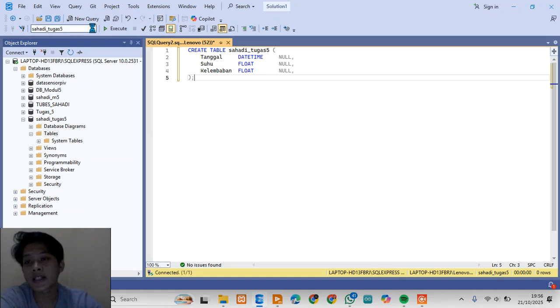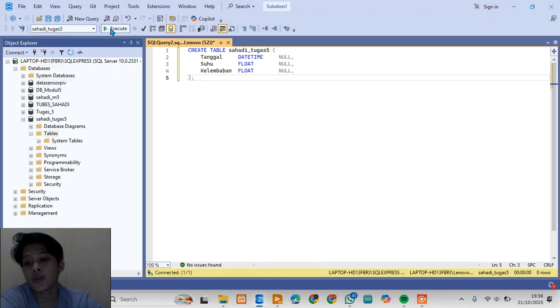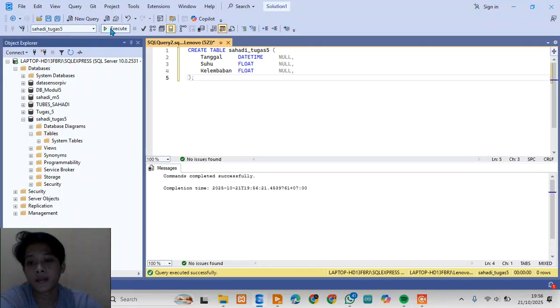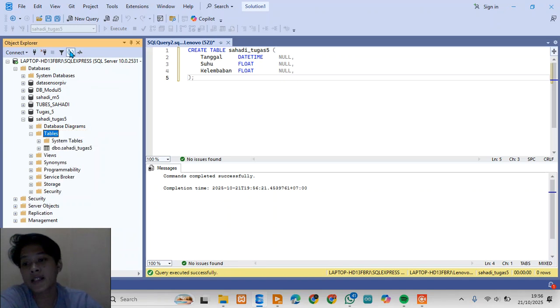I select my database and execute the command. The command completed successfully. Refresh, and the table is finished being created in Sadi Tugas 5.